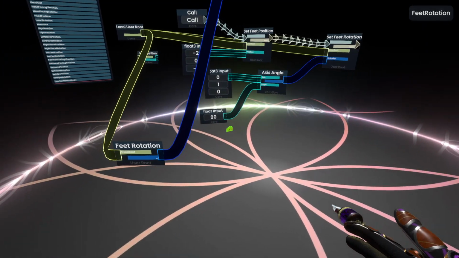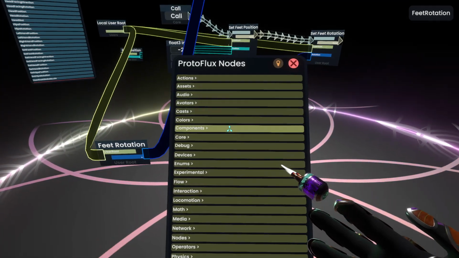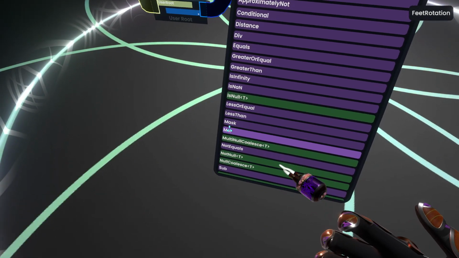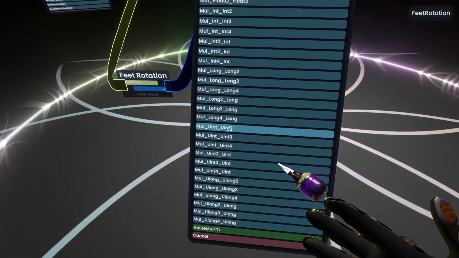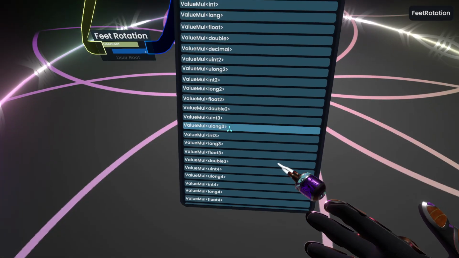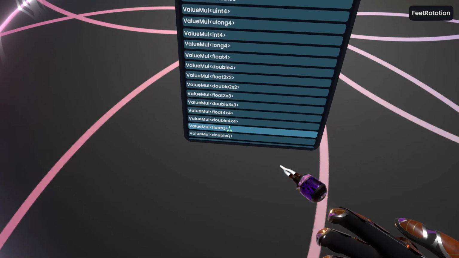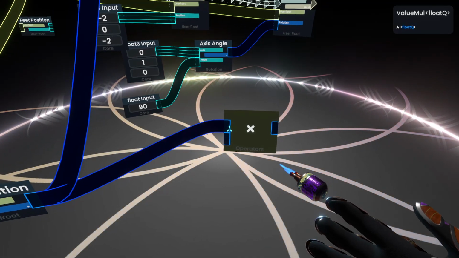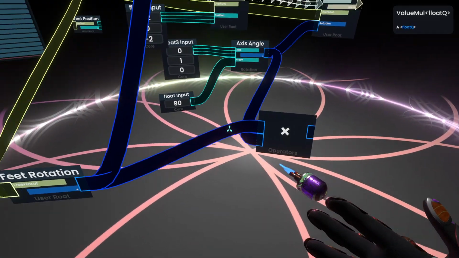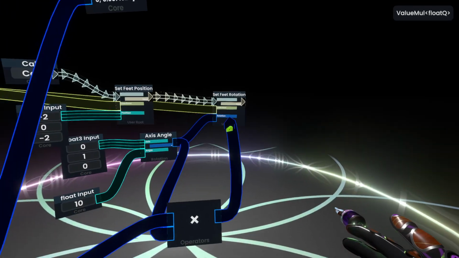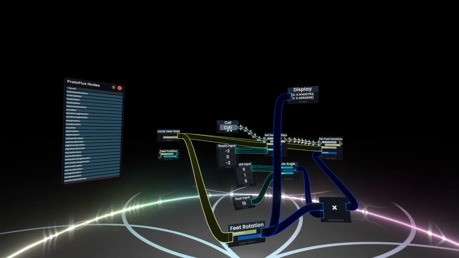But what we could do is multiply that. Remember that these are quaternions. I don't know how to pronounce them. But you can go ahead and multiply these. Float Q, to add them together. So what we're saying here is take the existing rotation, add 90 degrees on the y-axis, and set that as our rotation. So now when I call this,